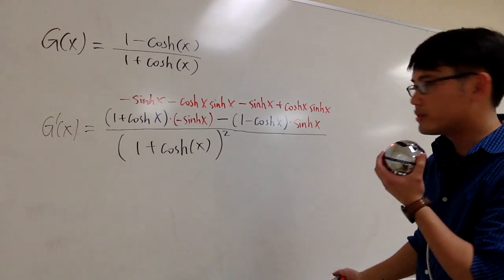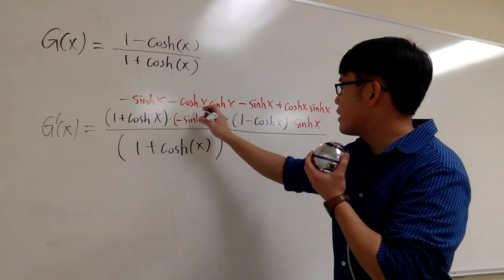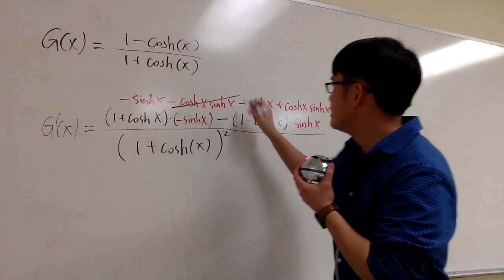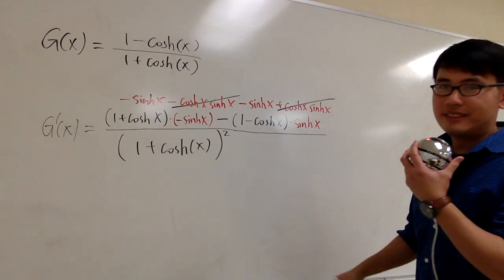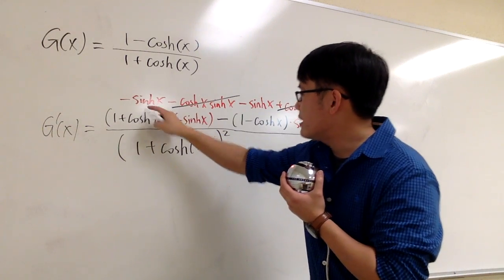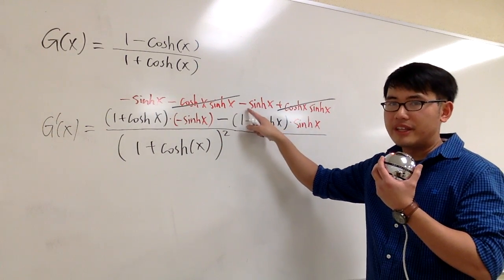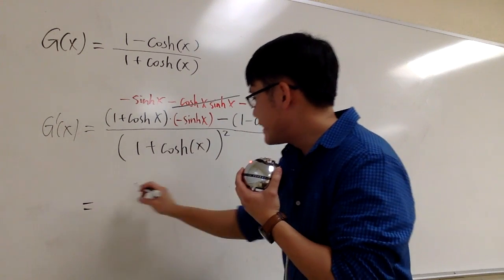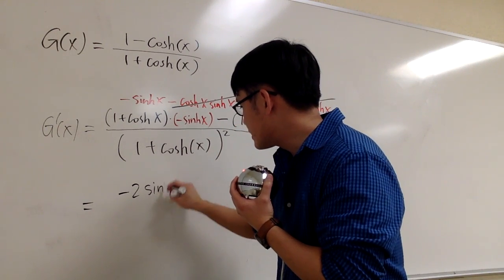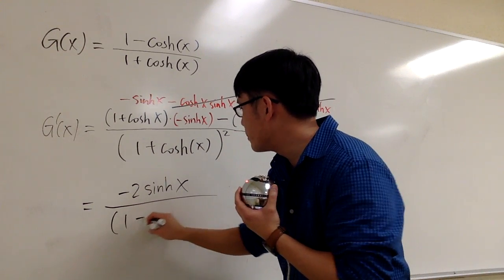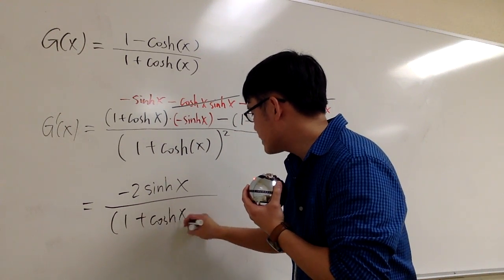Is there anything that we can cancel? Yes, there is. This is negative cosh x sinh x, and this is the positive version of that. So this and that cancel. Is there anything that we can combine? Yes. This is negative sinh x. We have another one, negative sinh x right here. So together, we have negative 2 sinh x on the top over the denominator, 1 plus cosh x